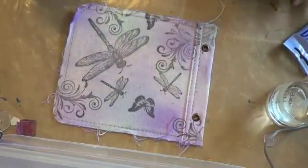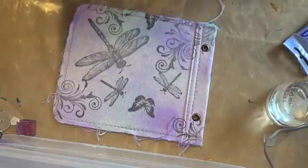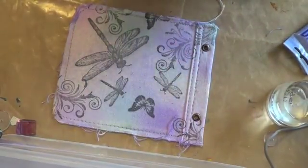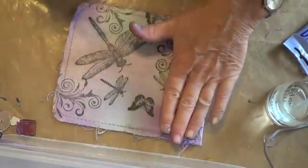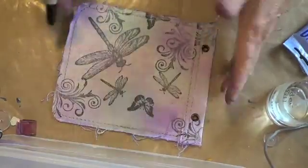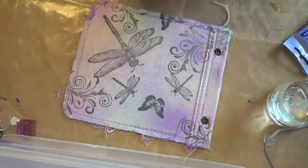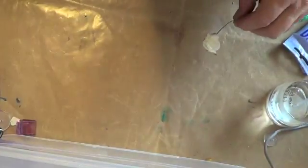If you wanted, you could take a black Sharpie marker and you can actually write some little words on here like love or dream or create, anything like that. You can do that. I would actually, let's see, it's still too wet, otherwise I would do that for you. But there it is. And so what I did is I actually took some of my flowers and I also spritzed them. So I just took my scrap paper